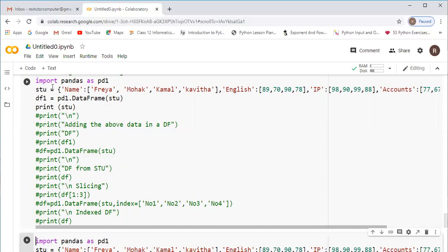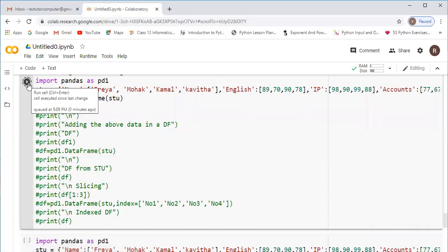The first line, import pandas as pd or pd1, anything. Then here we have a record stu equal to, stored as a dictionary. Okay, now df1 equal to pd1 dot DataFrame of stu. So if student, then you have to type student.